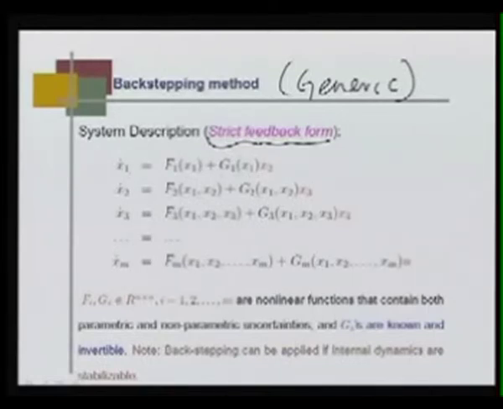So this is a scalar, this is a scalar, x2 is also a scalar. Similarly, x2 dot is f2(x1, x2), again a scalar function, plus g2(x1, x2), another scalar function, times x3. They can also be vectors, but for the moment just understand that each one is a scalar